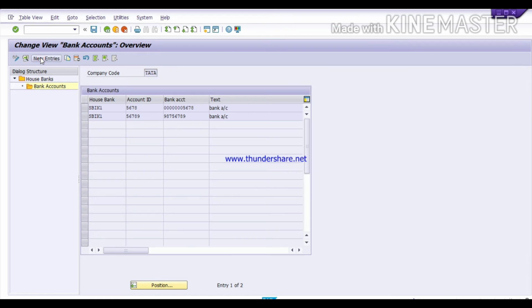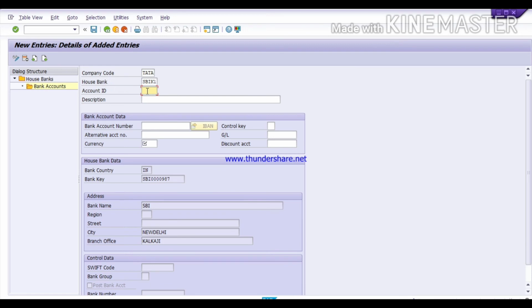Click on new entries. Here we have to give the bank ID, account ID. I am giving SBI N1 for my account ID. Give description, bank account. Here we have to give the bank account number. I am giving 123456000 as my bank account number.